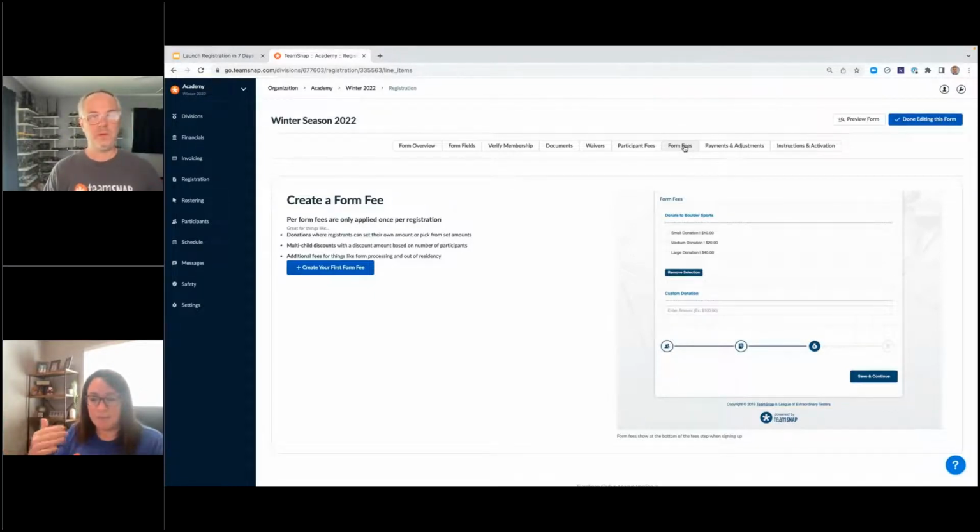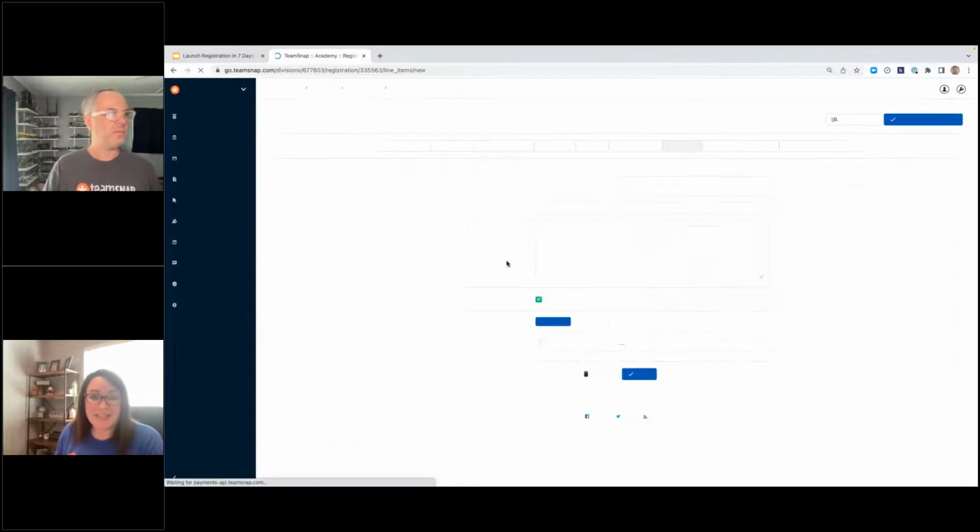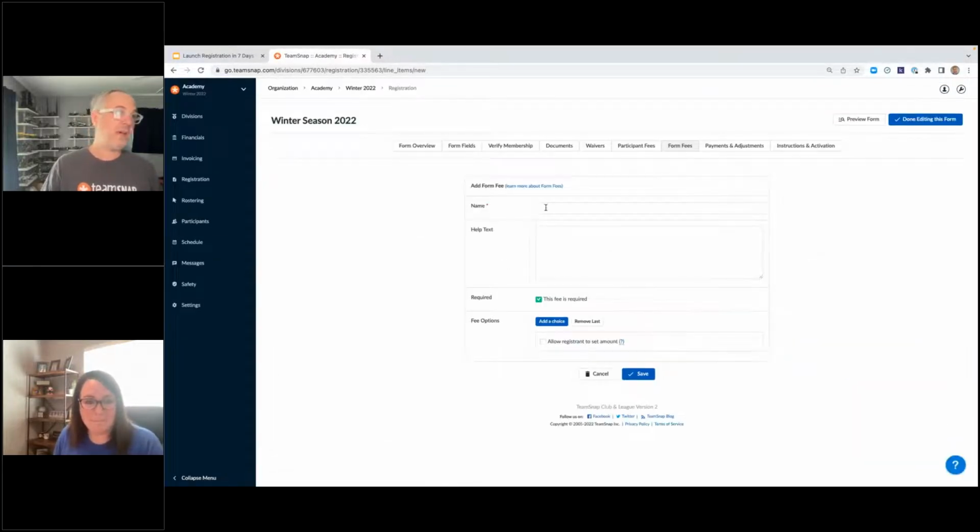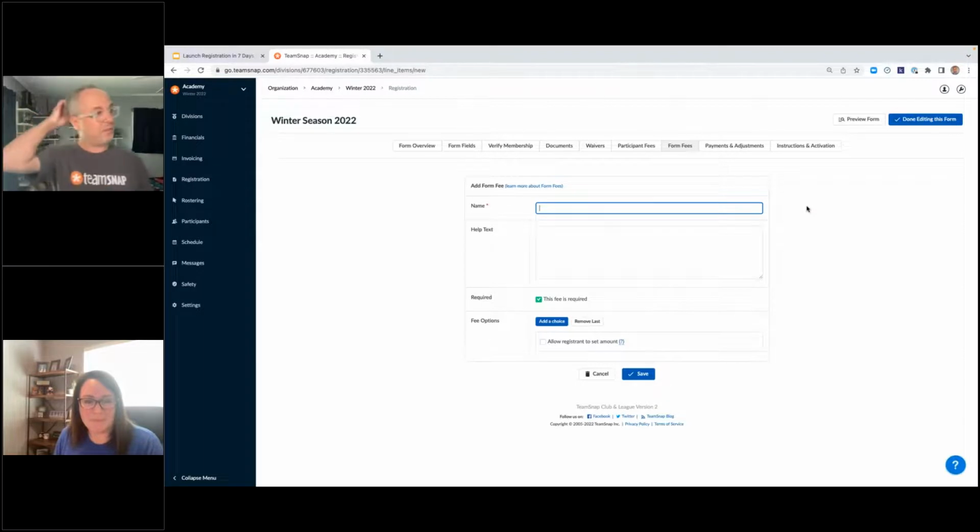to do the fundraisers here. This is a great one for doing donations as well. So if you want to ask for people to donate to things, this is the spot to do it. Yeah, that's a great one. And a donation. So I've done this in the past, and I've done it in multiple different ways. One thing that I learned is let people know what they're donating to, right? If you just put a standard donation, my experience was you get some people to do that, but a lower amount. If you collect it for a particular purpose, and the one that I love is just to help support our financial aid program,